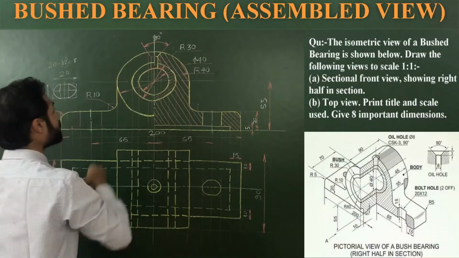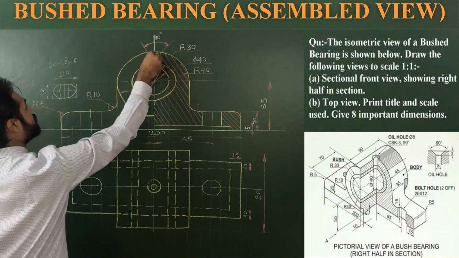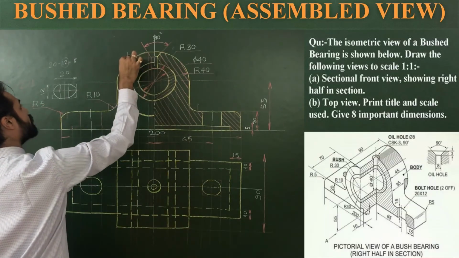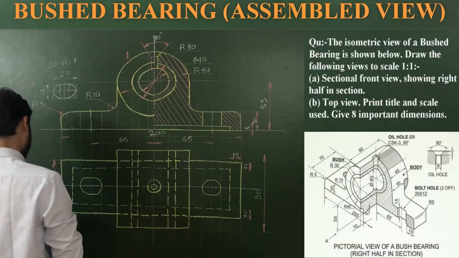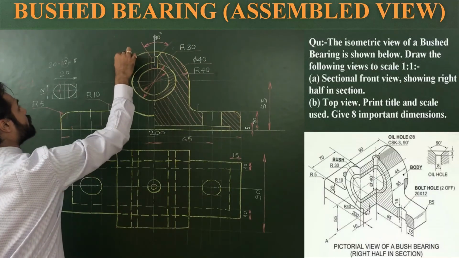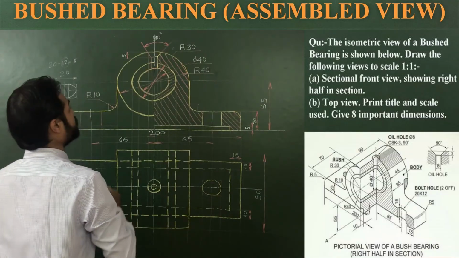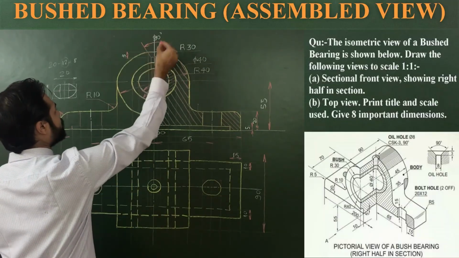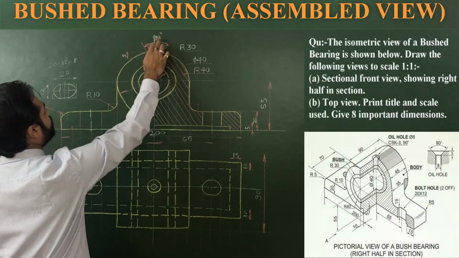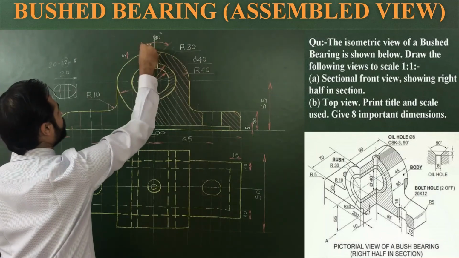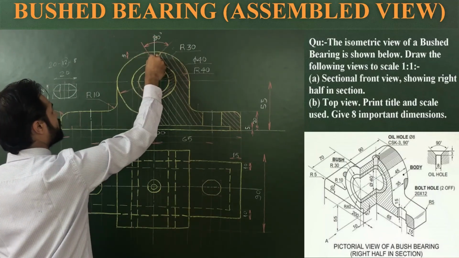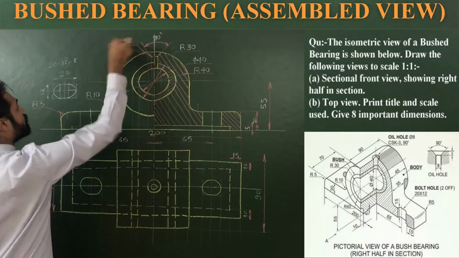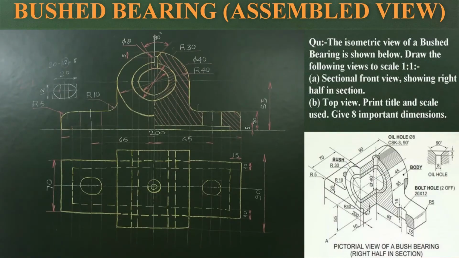And for the oil hole, I have to show the angle, 90 degrees. Height of countersunk and diameter. This is 3 and the diameter, so how to show the diameter? We can show it here also, and we can write 3 and the diameter in a line. So okay, diameter 8.